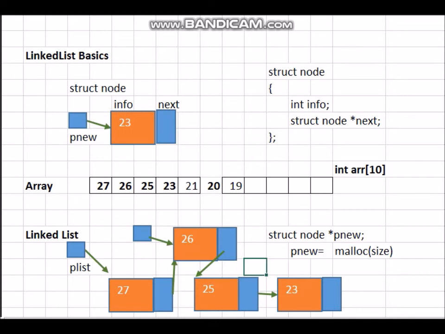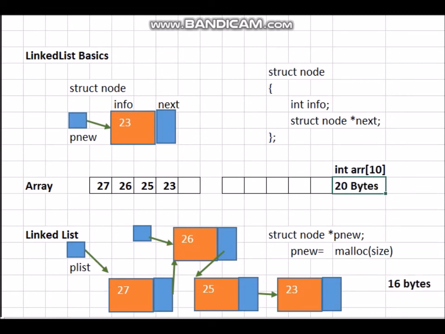But what is the drawback? The drawback is the memory utilization. Suppose we had just 4 numbers in an array, we still need to store 10 positions. So the size would have been 10 into 2, let's say 20 bytes. But in the case of a linked list, for 4 numbers, we will need 2 bytes each for keeping the info, which is 4 twos are 8, and similarly for the pointer, so 16 bytes. So if you look at the scheme of things, when we are not using it too much, then obviously the linked list memory allocation is much lesser.